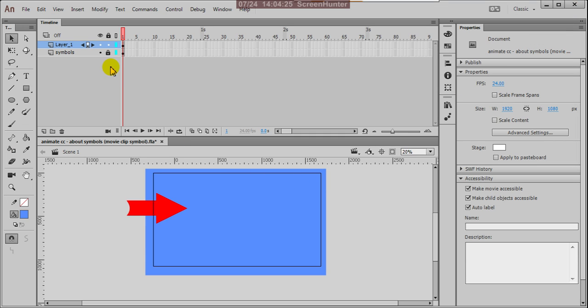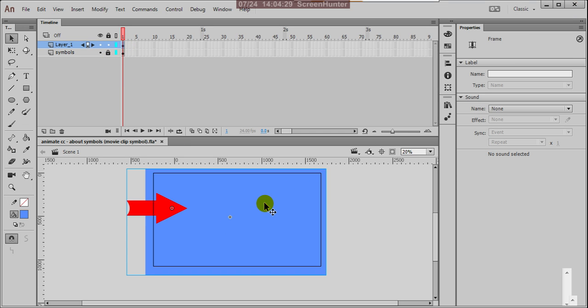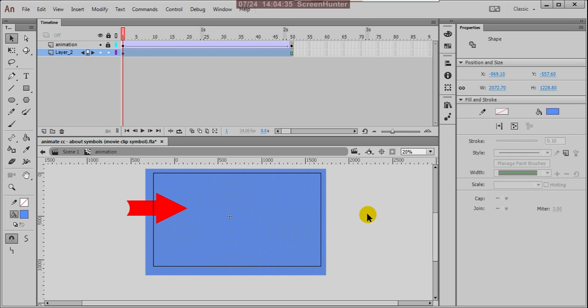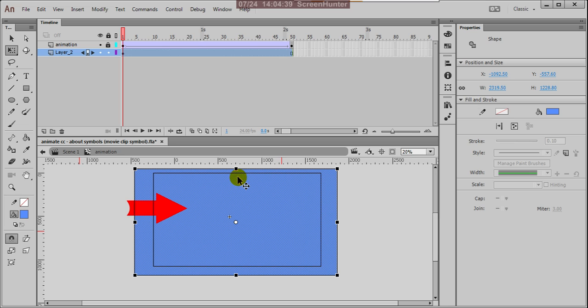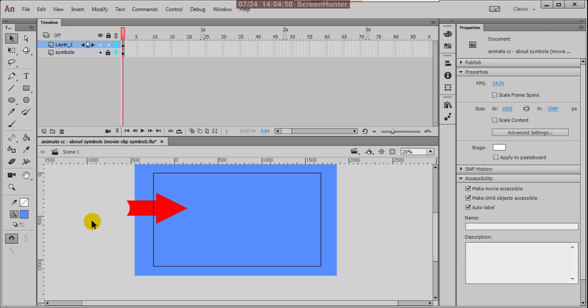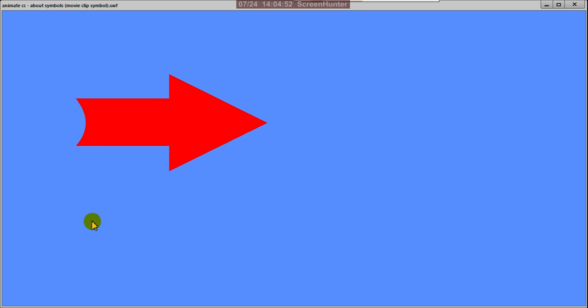Here what I'll do is increase the background. Now again come out of the symbol editing mode and check this.